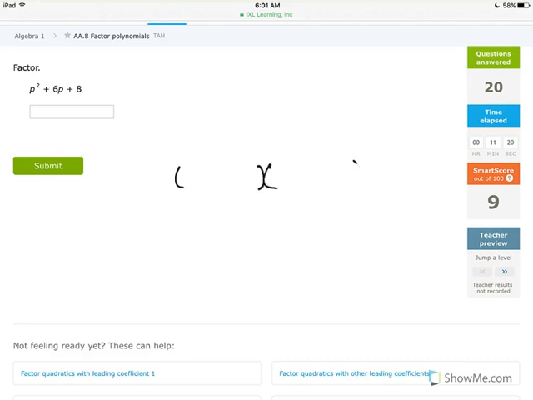So we'll need a p times a p to make the p squared. And we need factors of 8 that add up to be 6. So your options for factors of 8 are 1 and 8 or 2 and 4. And we know 2 and 4, when you add them, you get 6. So we'll put in a 2 and a 4. And they're going to both need to be positive. So when you add them, you get positive 2p and positive 4p to make the positive 6p for the middle